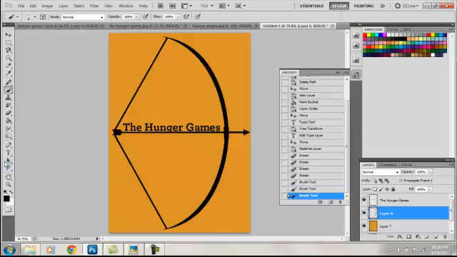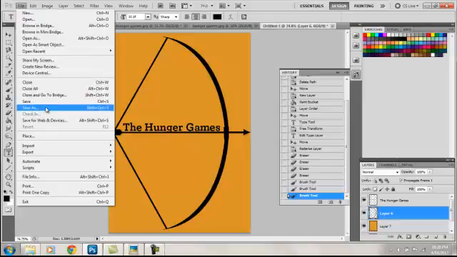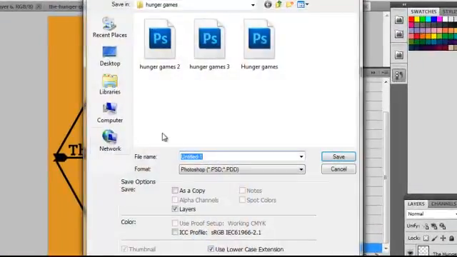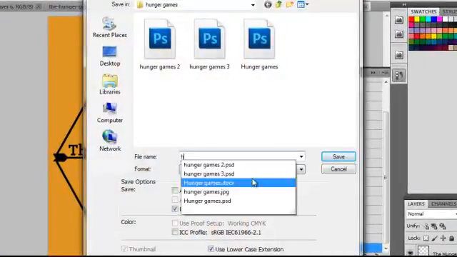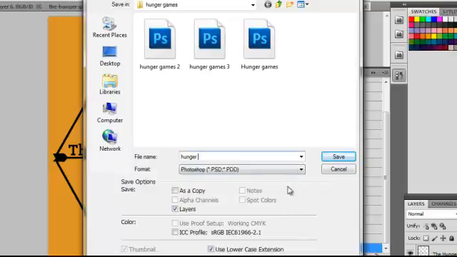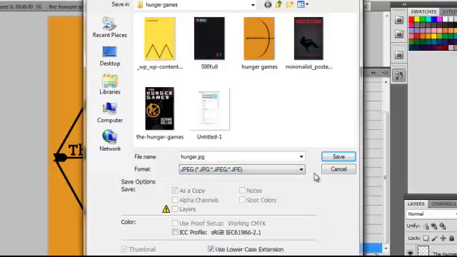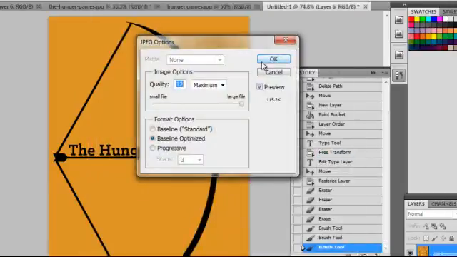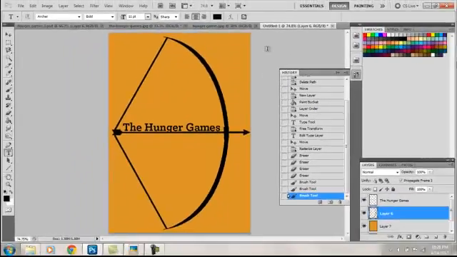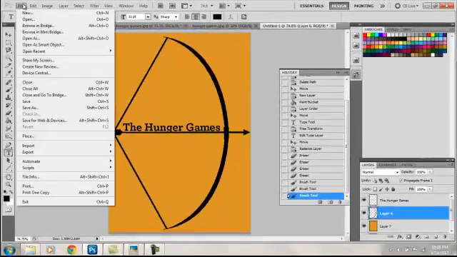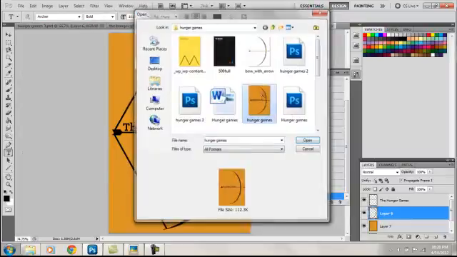And once you have your image cleaned up with everything that you want on it, you can go ahead and save this image. You want to click Save As, and then there's many different types of format you can save in. If you're going to make this a poster, you may want to save it as a JPEG format. And when you save that, you want to say quality 12 maximum. You want to click OK. And now it's going to be saved as a JPEG as well,